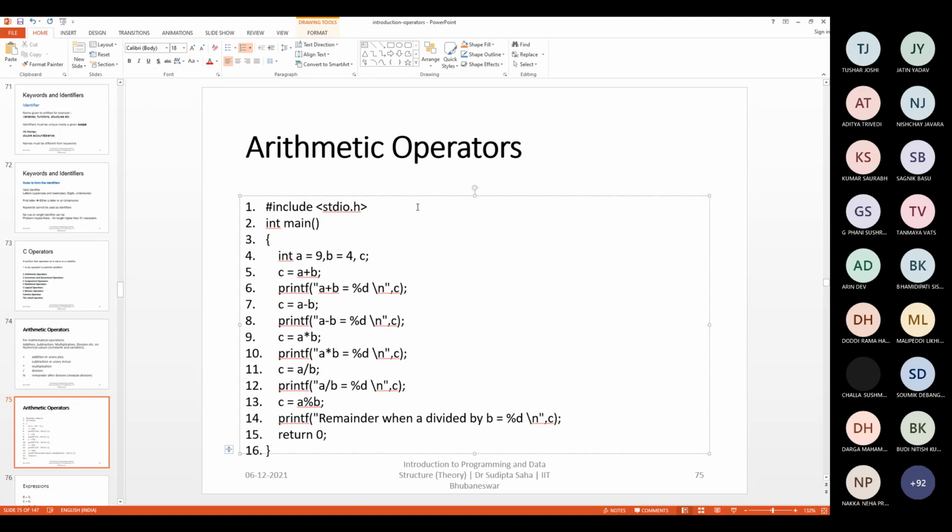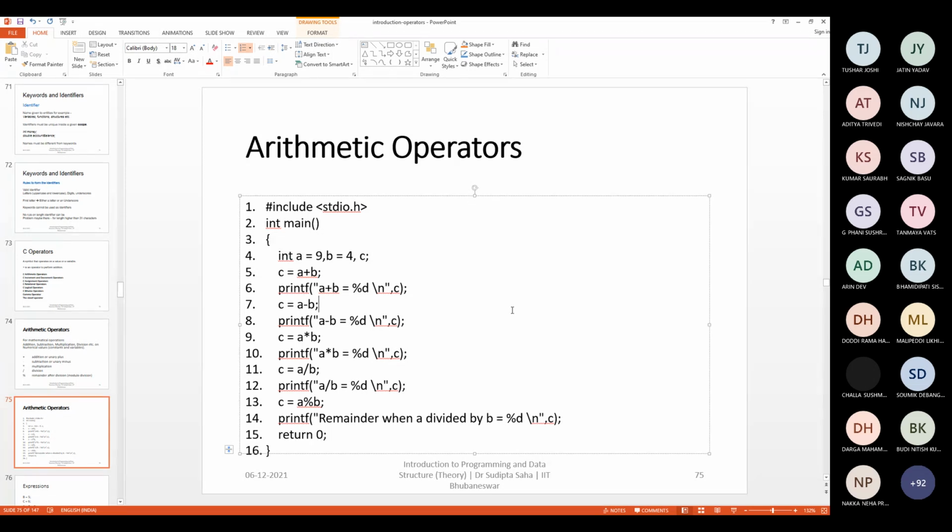But when you are transferring the content of A plus B to C, now C contains a valid value, which is the summation of A and B, which is 13. And then you are printing what? You are printing the value of C. So just check here in this double quote, whatever you are doing is simply about printing the content of C, nothing else. All these things are actually fixed statement. They are not varying. So A plus B is equal to percentage d. When percentage d is seen by the compiler, it will replace it with the content of C in this particular format specified with the help of this format specifier. That's it. Nothing else will be done.